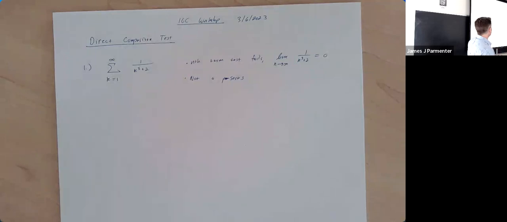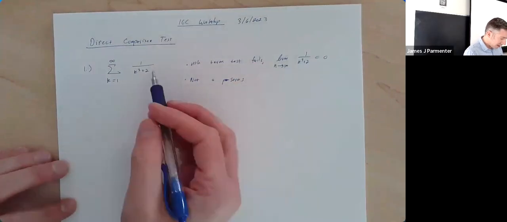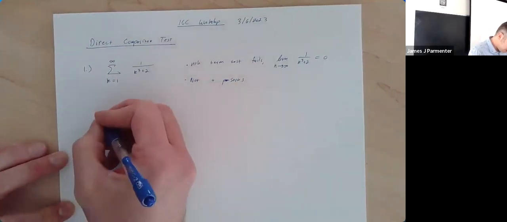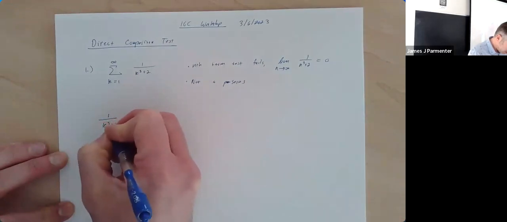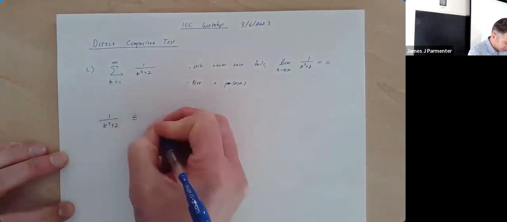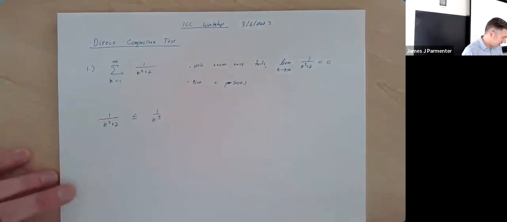And what we're going to do here is, although with practice, you can kind of be like, yeah, I know what converges, diverges, here we're going to say, well, look at this. We can say that 1 over k cubed plus 2 is for sure always less than or equal to 1 over k cubed. And since that's true,